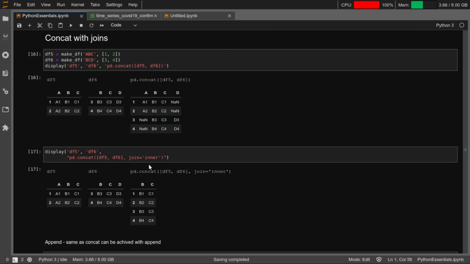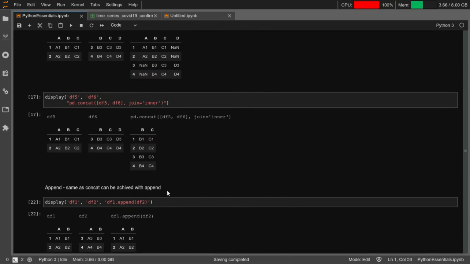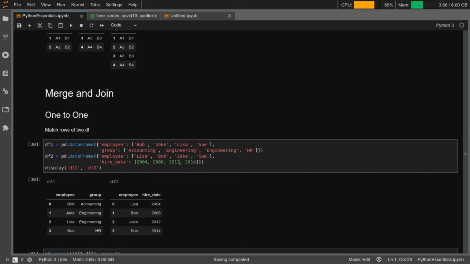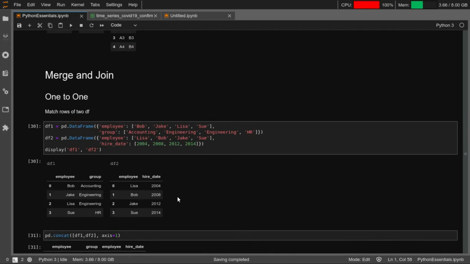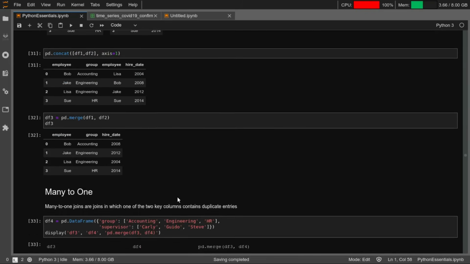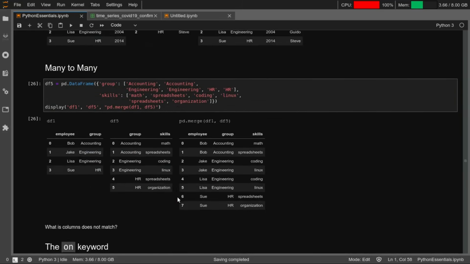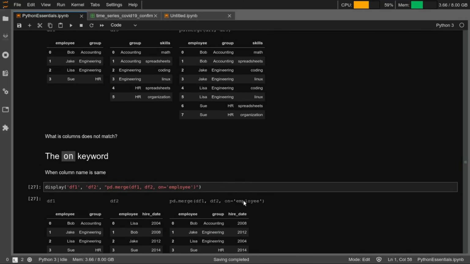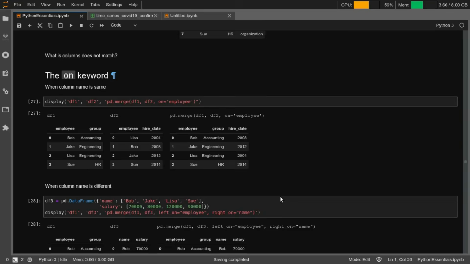When you did an inner join, the result is similar to what you would have seen if you had done an inner join on a database, right? There are other variations to it, where you can do one-to-one join, or many-to-one, many-to-many, and you can also specify on which particular column to do this, right? We'll share this notebook with you. I request you also to go through this and understand for yourself what the different variations are.